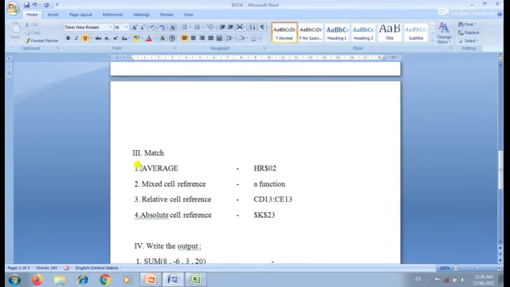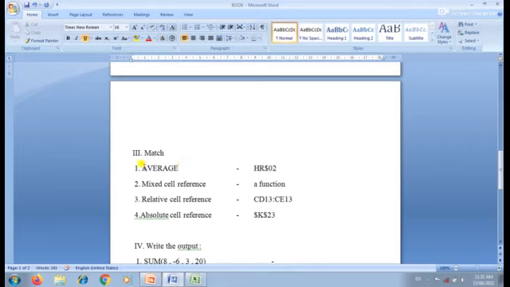The next one is match the following. Four items are given: average, mixed cell reference, relative cell reference, absolute cell reference. On the opposite side, these options are given: HR $02, a function, CD13 colon CE13, then $K$23.